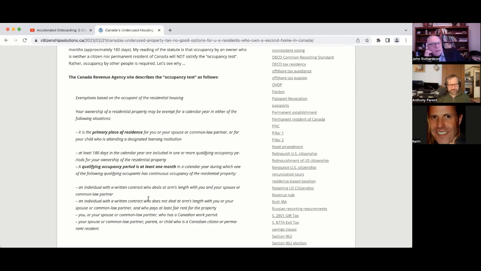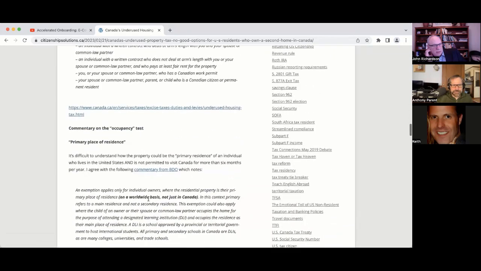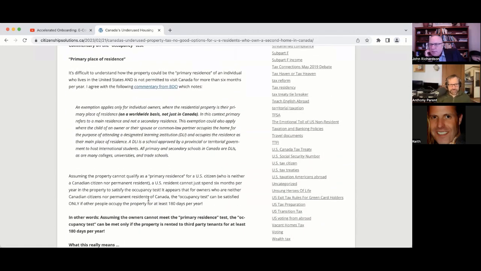Another interesting thing about the designated area exemption is that you're always talking about regulations versus statutes. This is not part of the statute. The statute just gives a broad authority to designate certain areas, so this is something they're just making up on the fly. Now, if Canada wants to back down on this, what Canada could do without amending its legislation, and maybe this is what Congressman Higgins should ask Secretary Blinken to propose to the government of Canada, is simply designate any area where a U.S. citizen owns property as a designated area. Wouldn't that solve the problem?